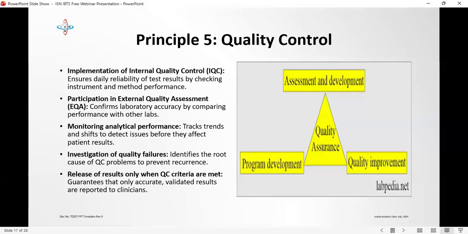There are many of them that are available, even the one that is offered by MLSCN. There is also the one offered by Randox. There's the one offered by Randox, and there are a lot of them you can participate in. Please, when participating, you also need to take note of the number of persons participating in that kind of external quality assessment, so that you can compare your laboratory appropriately.